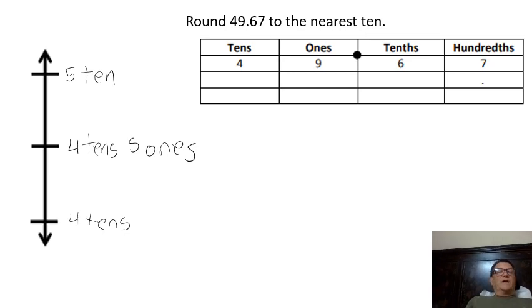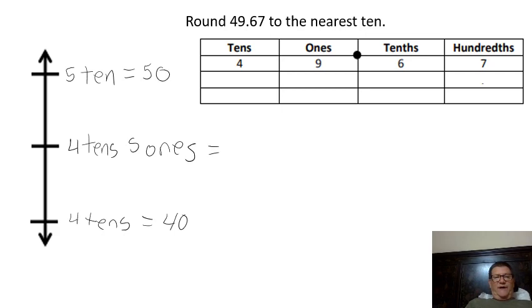Okay? Now, let's see how this looks just with numbers. Well, we know 4 tens equals 40. We know 5 tens equals 50. And we know the midpoint, 4 tens plus 5 ones, would give us 45. Now it says we're rounding to the nearest 10, so I have to look at the ones place, because the ones place is going to determine what 10 we go to. And it says here that we have,